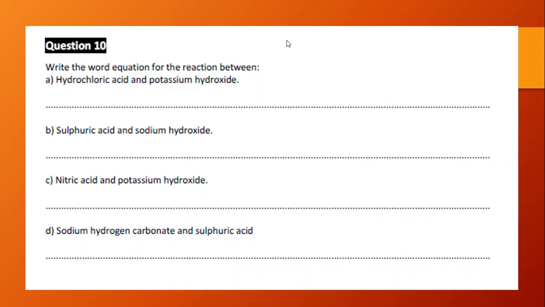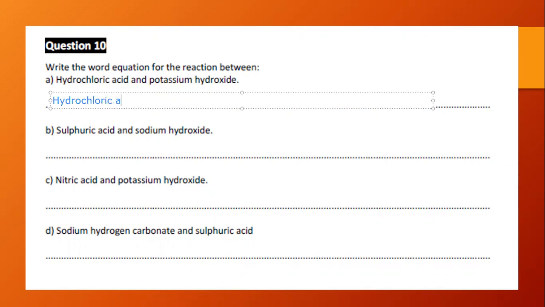So we're going to do the same. First we are going to write the reactants. The reactants are already written in the question. They want us to write the reaction between hydrochloric acid and potassium hydroxide. So I'm going to write hydrochloric acid. I'm going to do the first one with you, and then I will leave you like 4 minutes. I want you to pause the video in those 4 minutes. Try answering the rest of the questions by yourself, and then come back to find out if your answers are correct or not. Okay, so it's hydrochloric acid plus